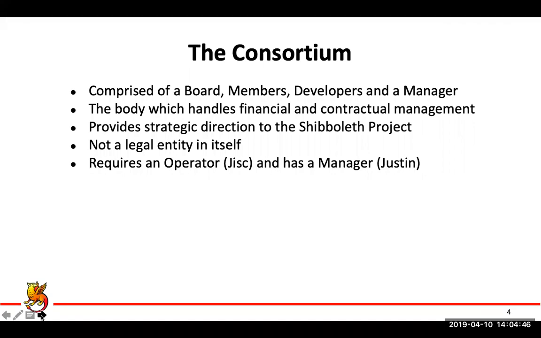We have a pool of developers, which now stands at 8. That's grown since the last time we did an IAM Online. The last time we did one of these, I think was May 2017, and we had 6 developers. We've been fortunate enough to bring 2 more people into the team, which I'm very pleased about. And the consortium's role is to handle all of the financial and contractual management. So we make sure that we have consistent accounts, a reserve fund available for any enhancements to the product, and making sure that the support and maintenance carries on.